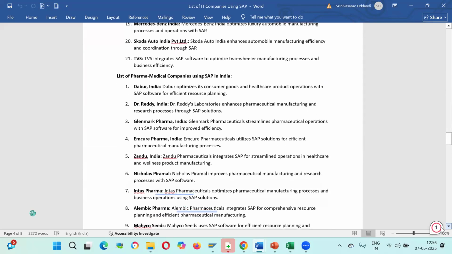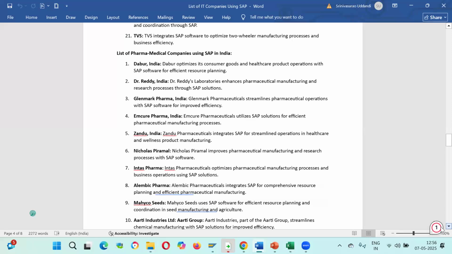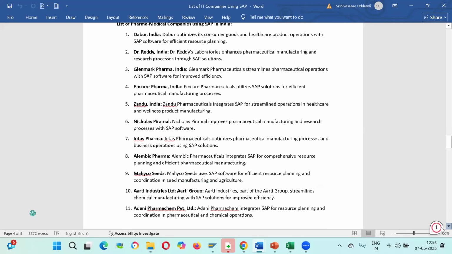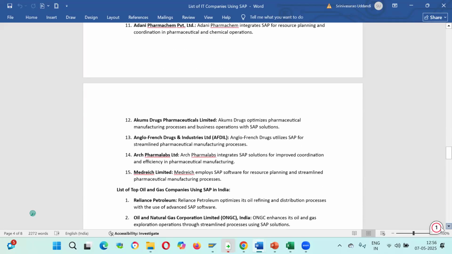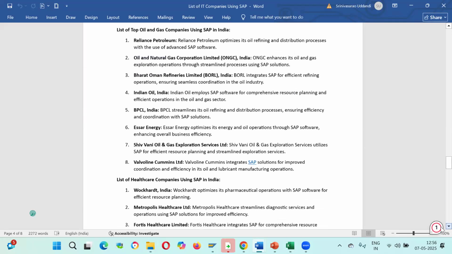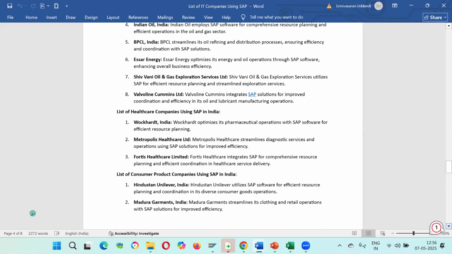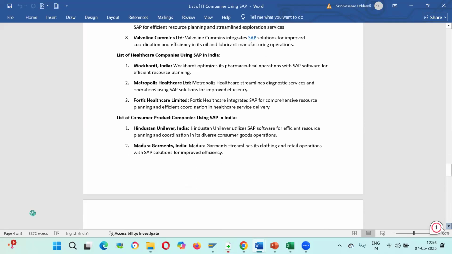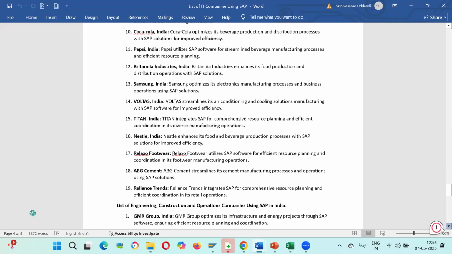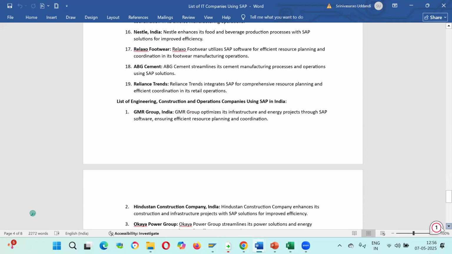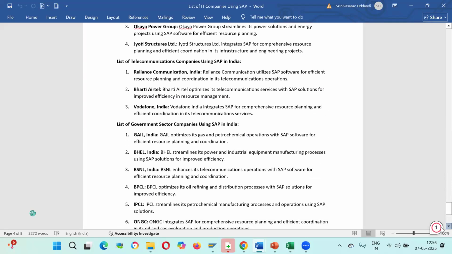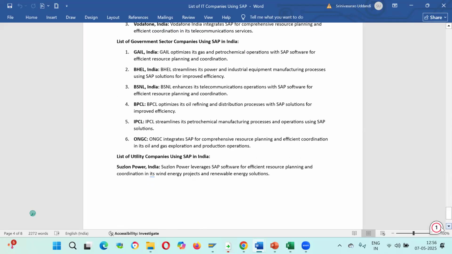In pharma industries, you can see there are so many pharma industries using this. Oil and gas companies, healthcare. Like this, there are so many companies, and in all of these companies they are using SAP.